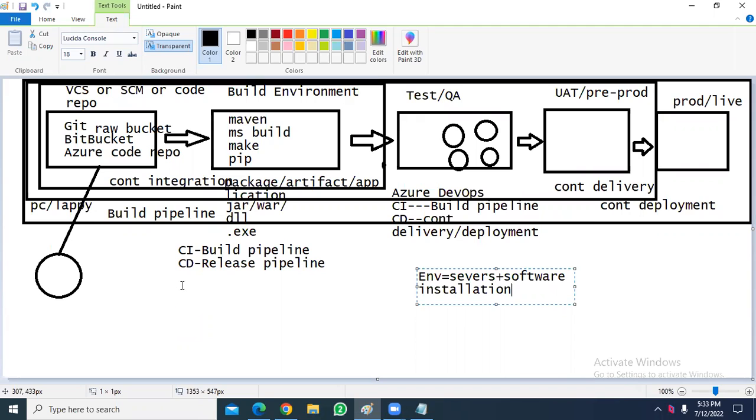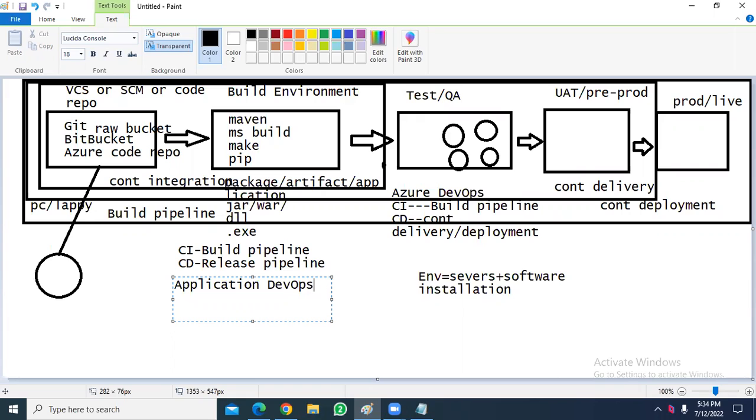But in Azure DevOps, we are going to perform only application DevOps. That means in order to build the application, we are going to create build and release pipelines. In the build and release pipelines, we are going to take code that is submitted by various developers, build the code, and deploy it into various environments like testing environment, UAT, and production environment.